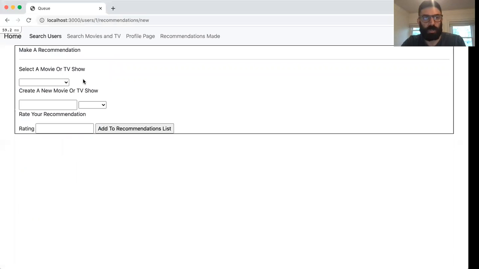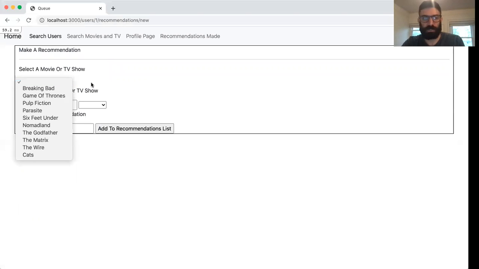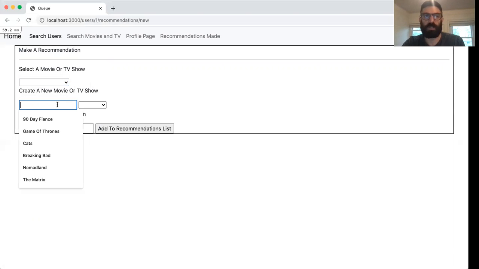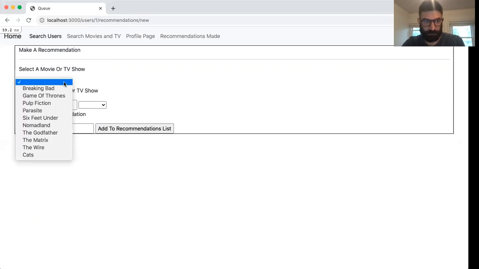And so with that, we have the ability to either select a TV show or a movie from the database that's there already, or we can create a new one if there's something that we see that we want to recommend that's not in the database. So if we select